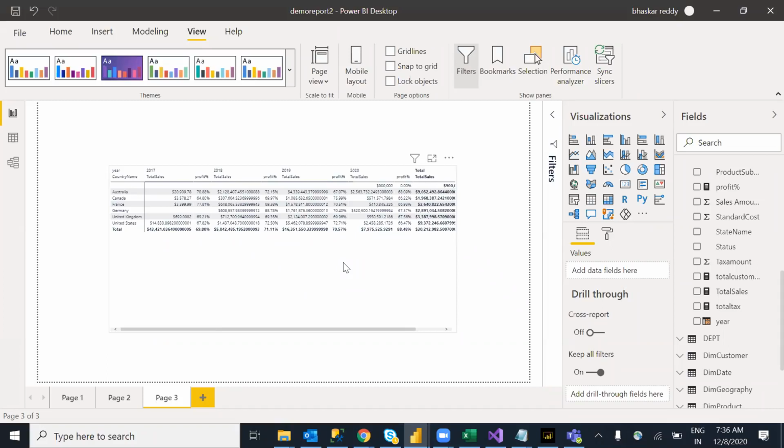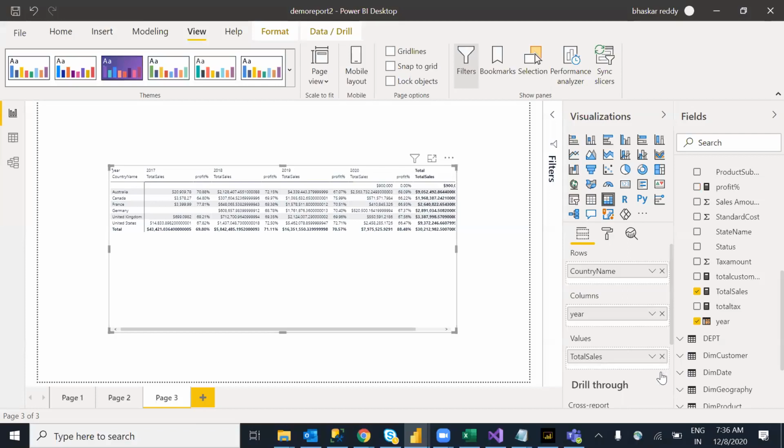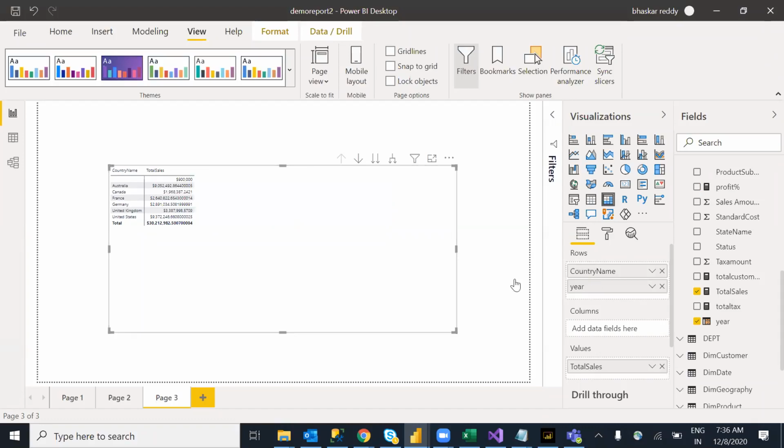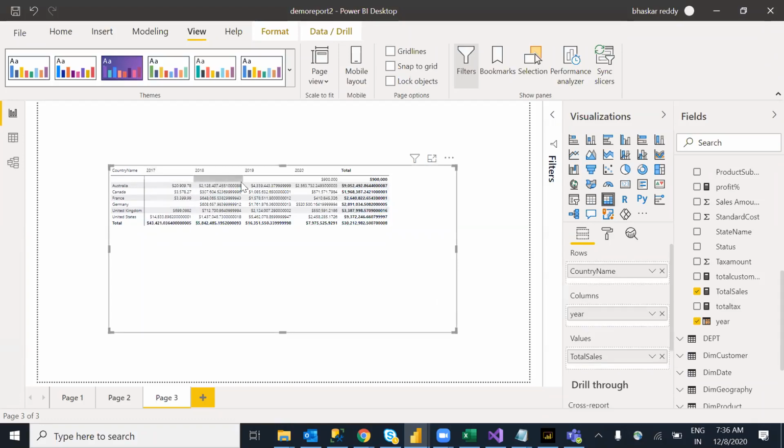So here the matrix structure will be dynamic. Today I have four columns; tomorrow one more year comes, one more column will come. This is one column: 2017, what is the total sales, what is the profit. Let me remove one more field. I want yearly wise, I want to display the sales. So either way, in a table it's not mandatory, we can use this one over here itself, and that will become a table. Like here country will come, year will come, what is the sales. Apart from that, I can display it yearly column wise as well: 17, 18, 19, 20, what is the sales. This is the main difference.